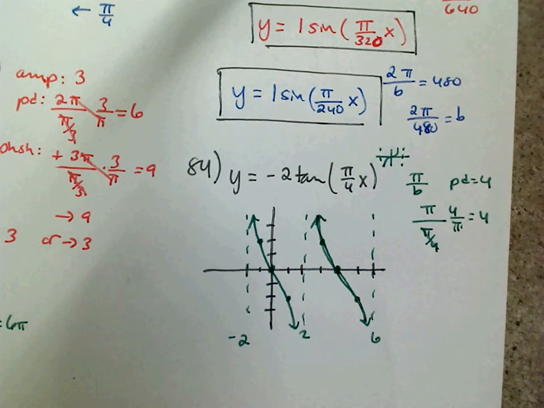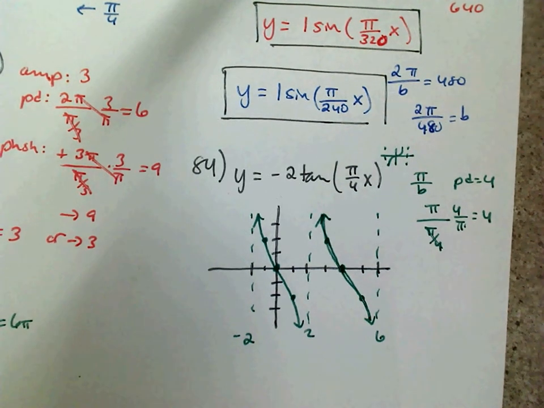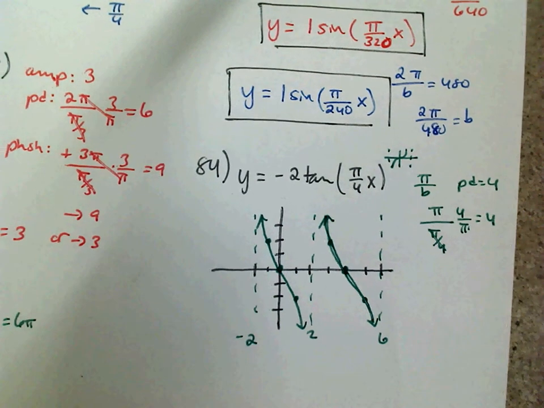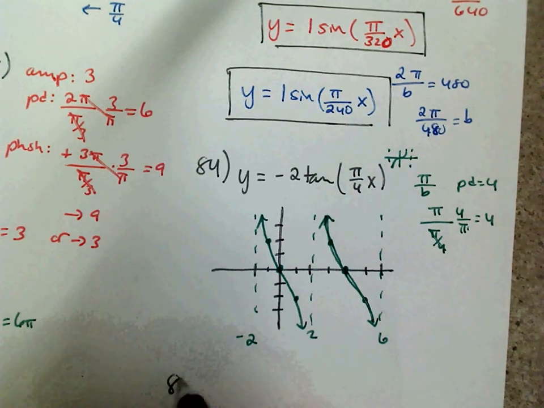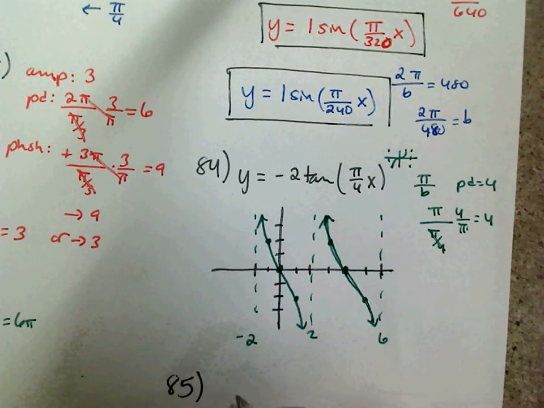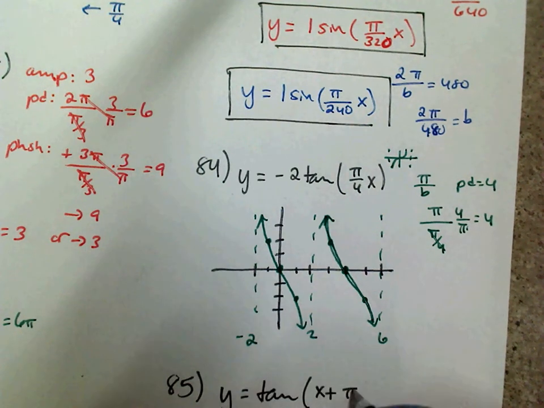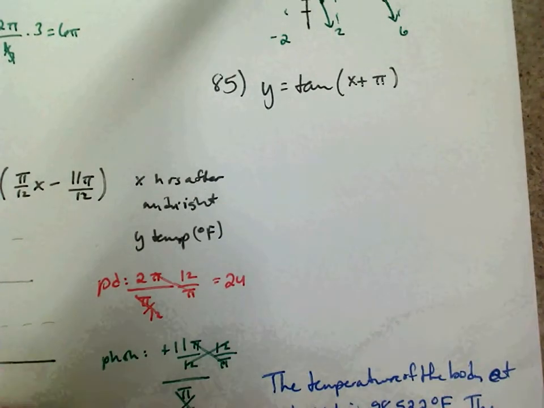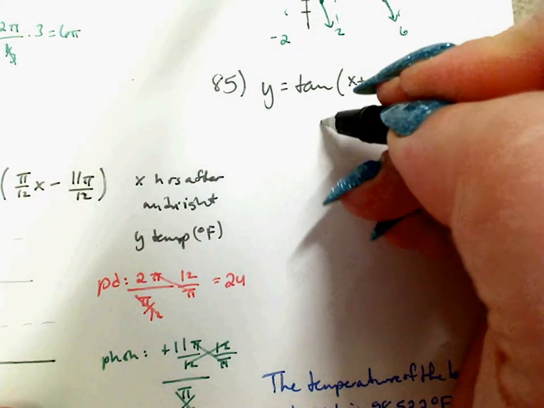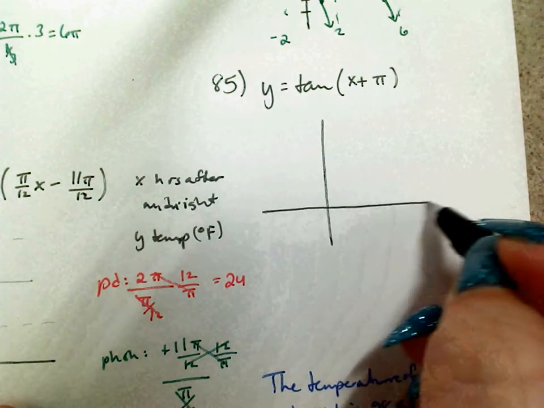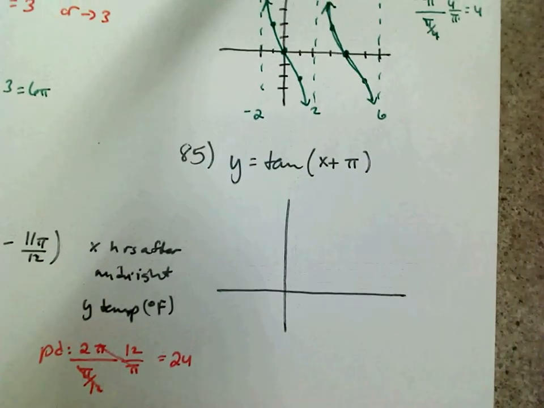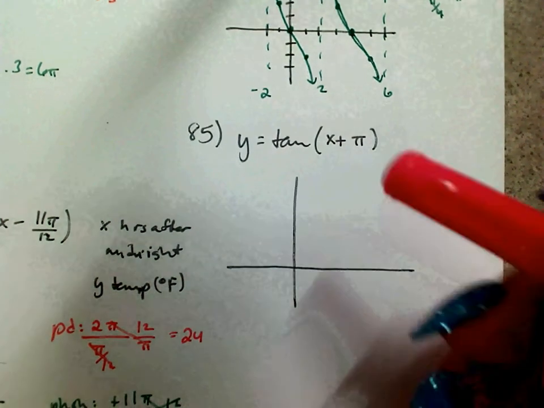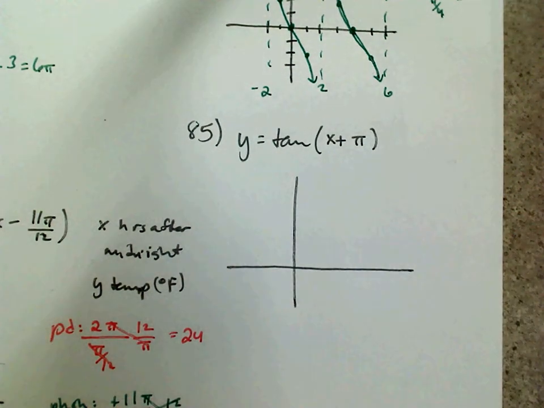Okay, 85. This is a graph 2 periods again. So it's tangent of x plus pi. So I'm going to graph this right here. So this is kind of a weird ask because when I think about tangent, tangent has a period of pi,